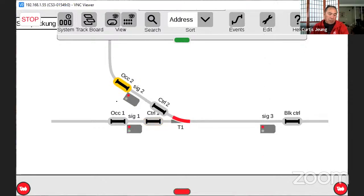So if line 2 is occupied and the train comes along, you're going to see that the signal over here, signal 2, will go green. And that's because the train is occupying here. Now, the final state is if they're both occupied,